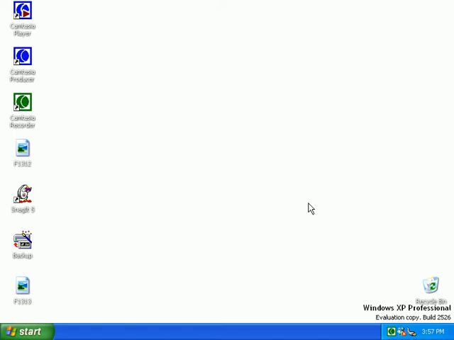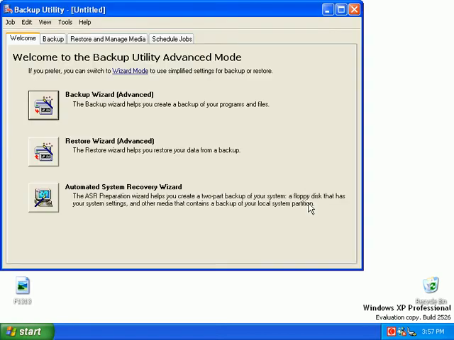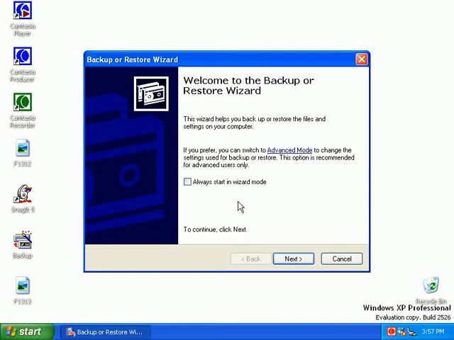If you have used the utility before and you've cleared out the wizard mode option, then you'll see the backup utility interface appear. And as you can see here, I can still launch the wizard if I like by simply clicking wizard mode or clicking the backup wizard option. Either way, this begins the backup wizard, and you see the option here to always start in wizard mode, and you can clear this out so that you always go to the backup utility interface, and this is just a